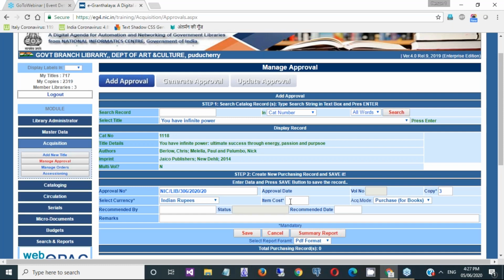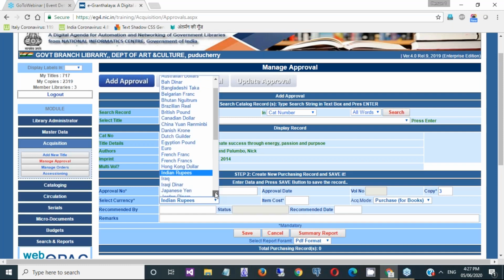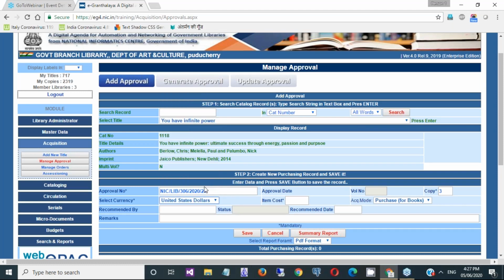So we need to select the currency code and the cost of the book, for example, $34.